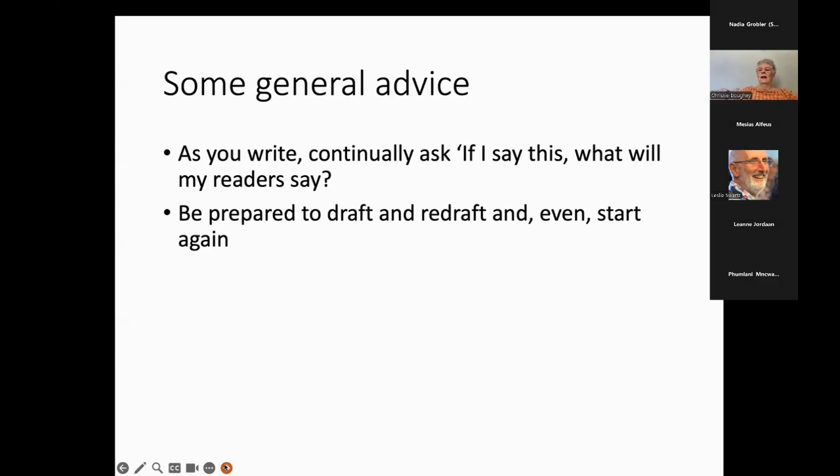Anticipate those things they might say by constantly having this question: if I say this, what will my readers say? And then, and this is the second bullet, be prepared to draft and redraft and even delete and start again. It's so tempting to hold on to what you've already written